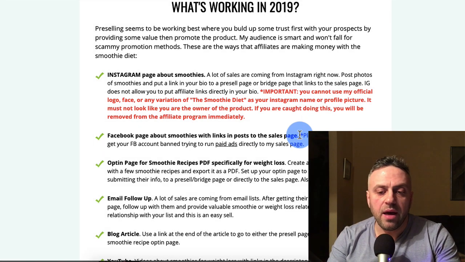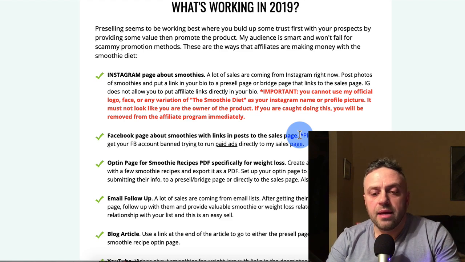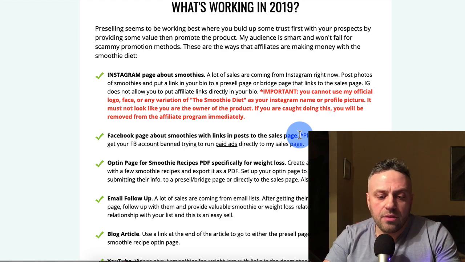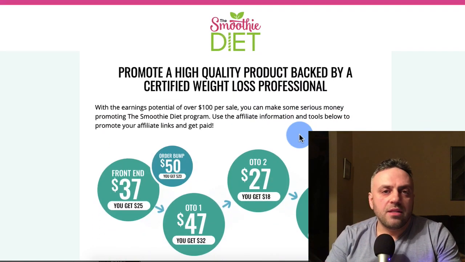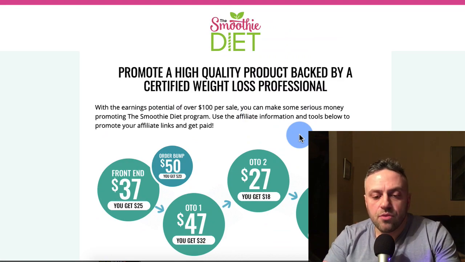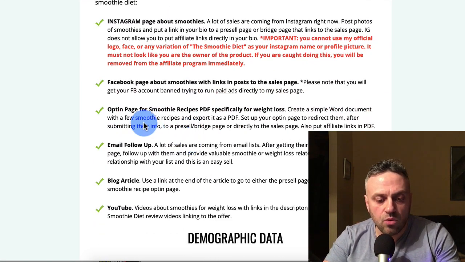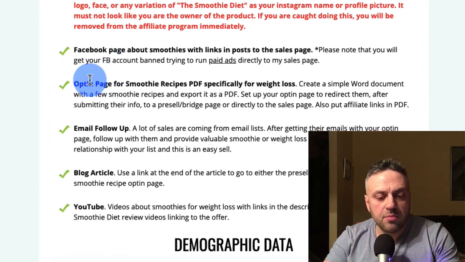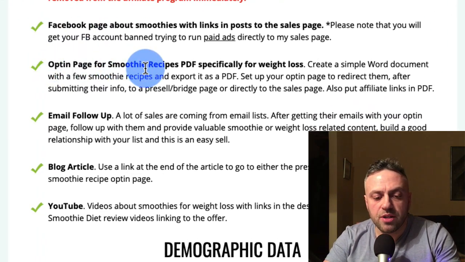And this is a smoothie diet. They probably created this. We don't really know if it's a real diet, like a keto diet or an Atkins diet. They just created a name, and it's basically about drinking smoothies and you're going to lose weight. But they're basically telling you what's working, and they're even telling you some gotchas: opt-in page for smoothie recipes, email